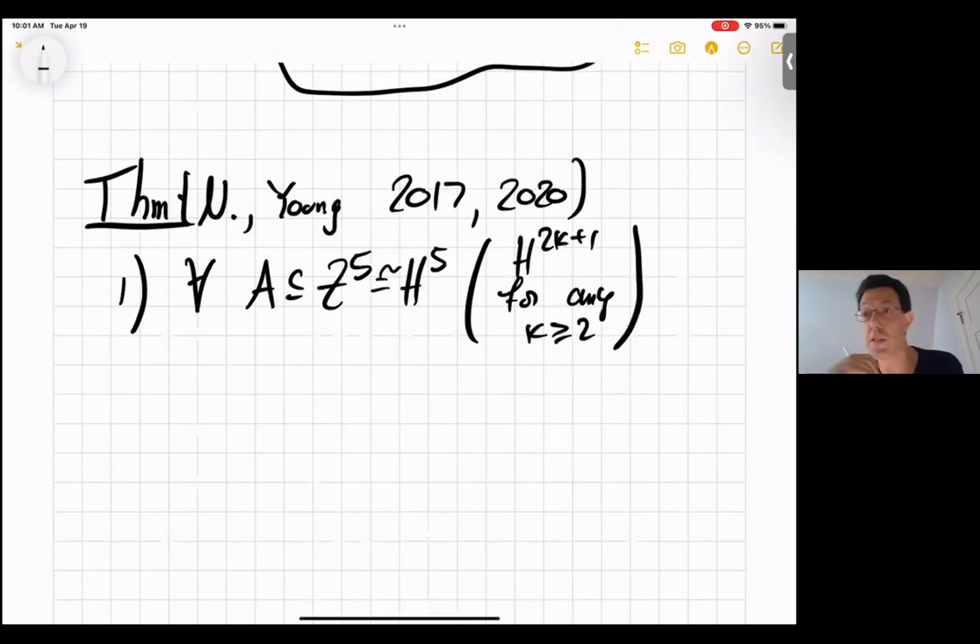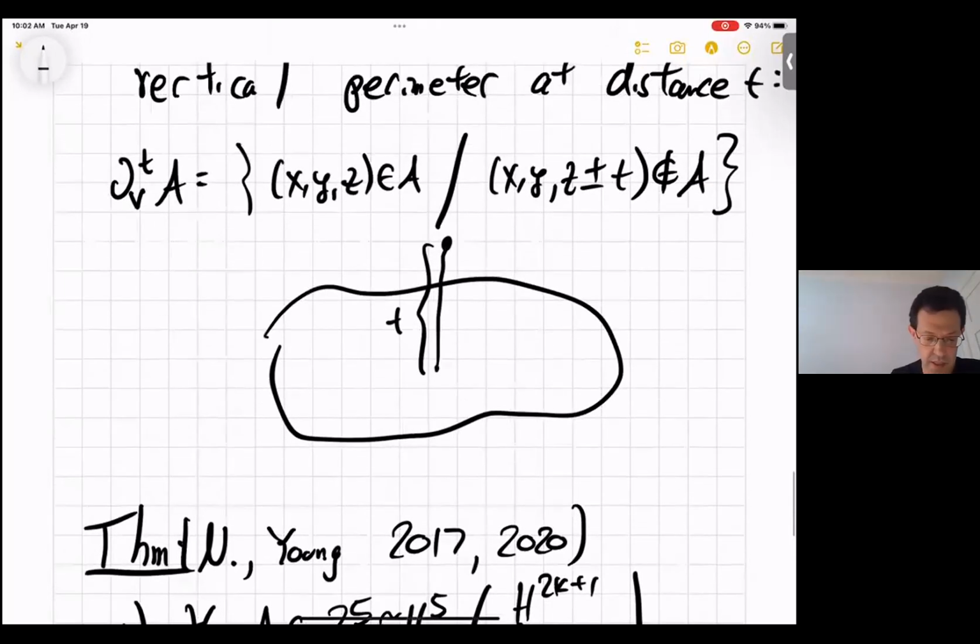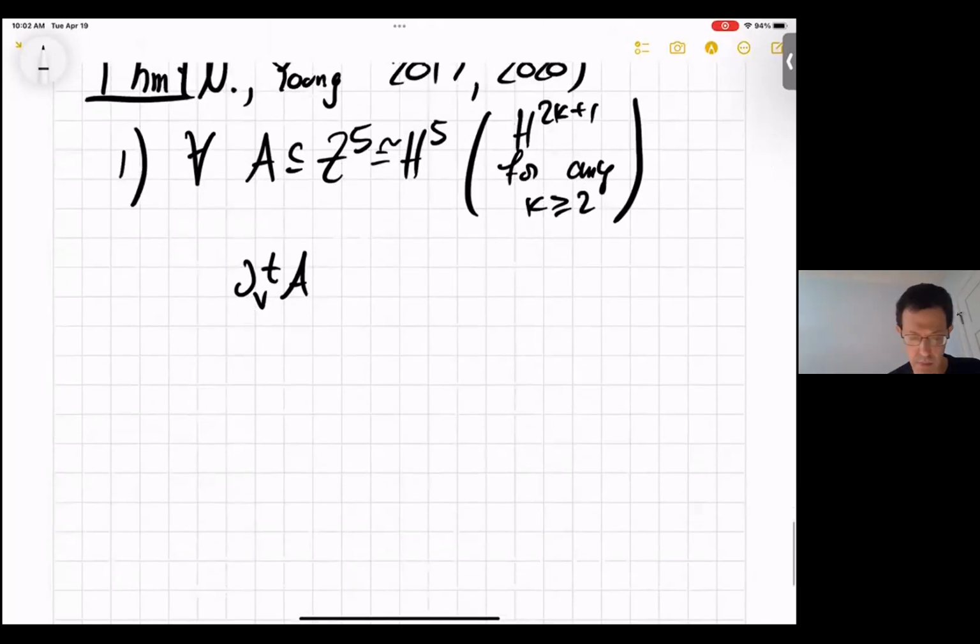But let's focus on 5 dimensions. You do the following thing. Look at the vertical boundary at distance T. This is the size of the set here. Count how many of these